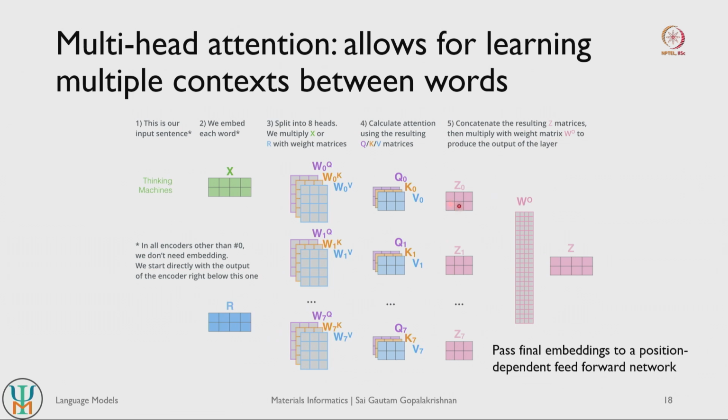You then find a way to represent all of this in your embedding space, and finally you concatenate all of your embedding space so that there is no loss in information, and you pass it to some kind of feed forward neural network, which is usually dependent on the position of the word itself in a given sentence, to make a final prediction. So multi-head attention basically allows you to get multiple combinations or multiple contexts associated with words or sets of words in a given sentence. All of these can be learnt in a fairly seamless fashion with multi-head attention.